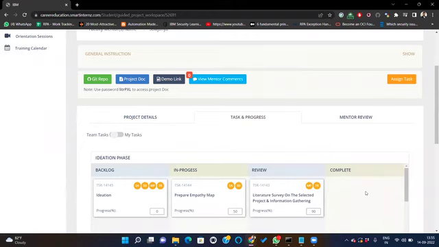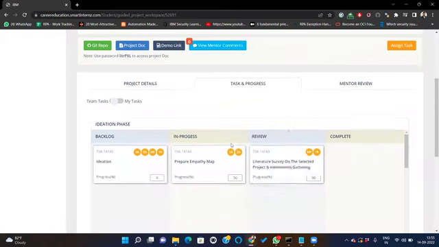The industry mentor has his own login. They will be able to move the card from review to the complete section. Faculty mentors cannot view this Kanban board and will not have access to the workspace of the student. Faculty mentors will have access only to the deliverables, that is your Git repo, project doc, and demo link. So I'm just giving you the clarity now.